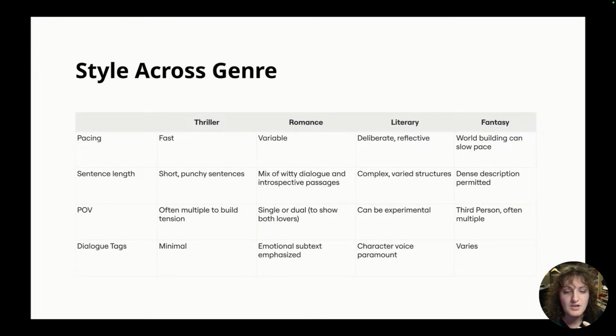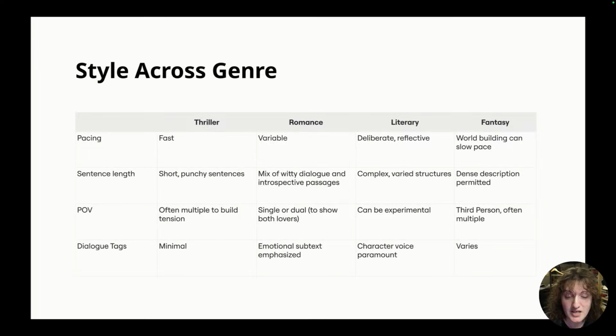Thrillers and cozy mysteries often have lots of characters and points of view. Again, it varies between the one extreme or the other. Romances either have your protagonist or both love interests, both of the couple, as the point of view characters,